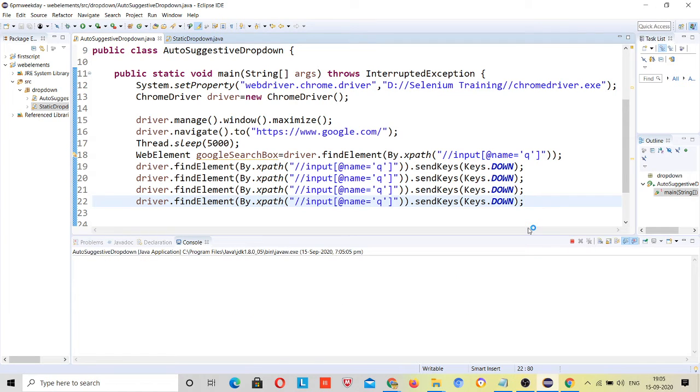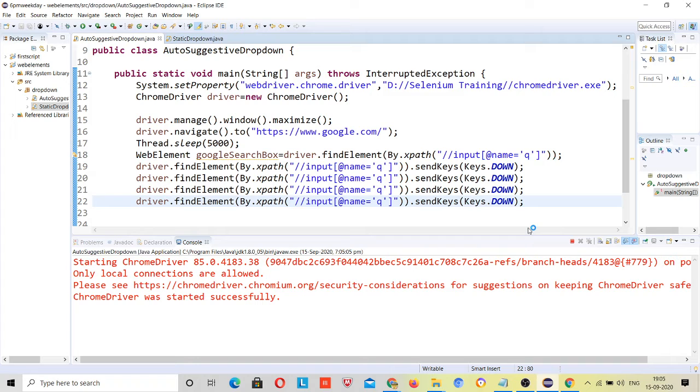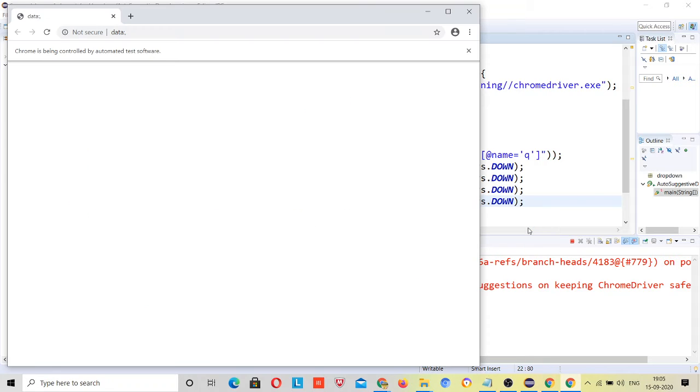Although Keys dot enter is working here, Keys dot down is not working. So let's see why this is not working. Every time we should not run away, just troubleshoot the problem first.